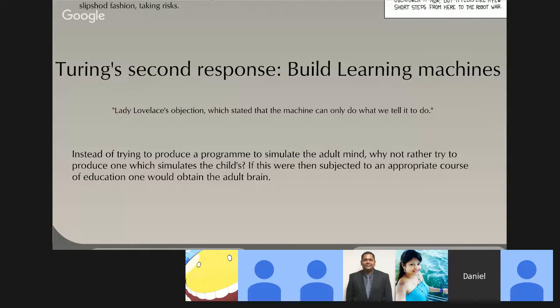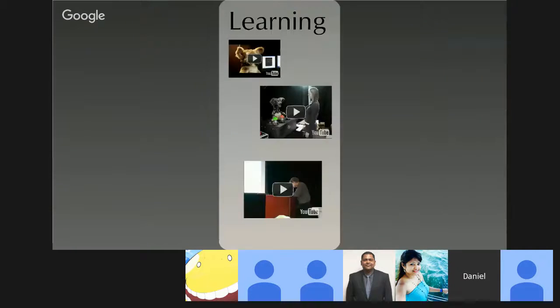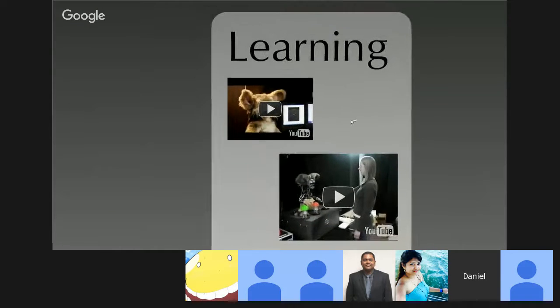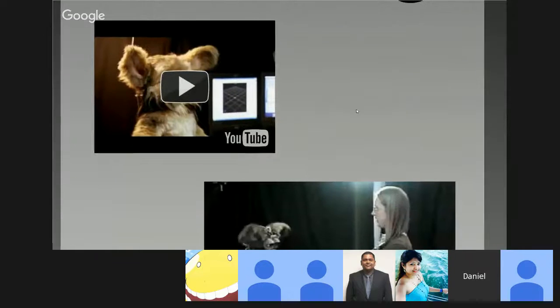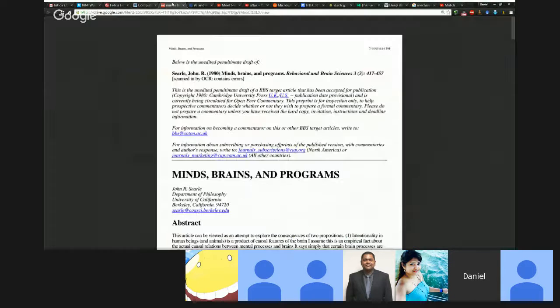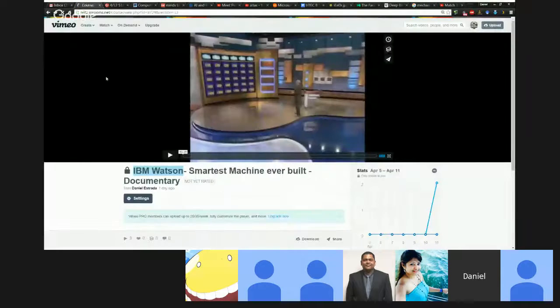So this is machine learning, and this is really Turing's major contribution. Nowadays, the word artificial intelligence sometimes has negative connotations, especially in the public. People have all sorts of objections to it. So nowadays, most people who work on artificial intelligence call it machine learning, and the idea is that you learn from data sets, you learn from your environment. So I've got a bunch of examples of this on the website.